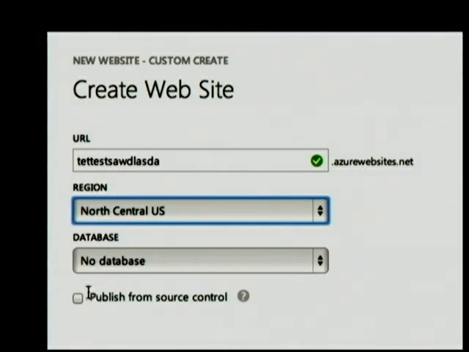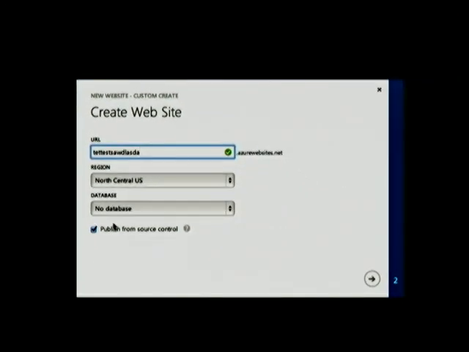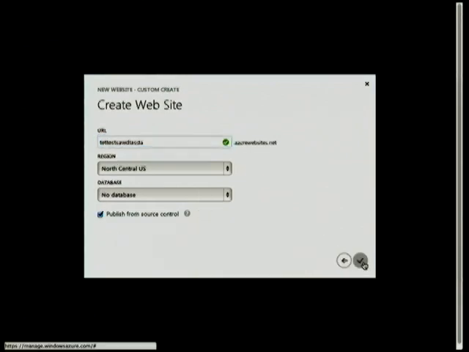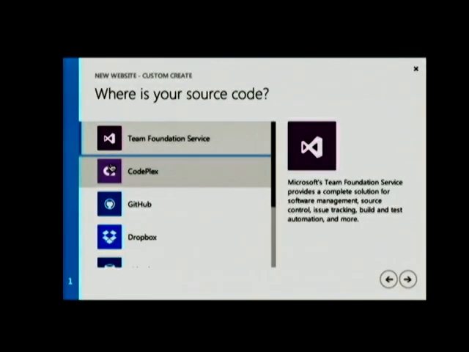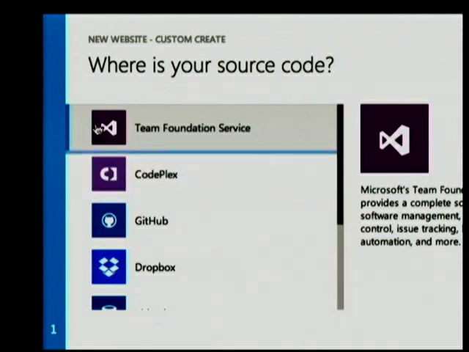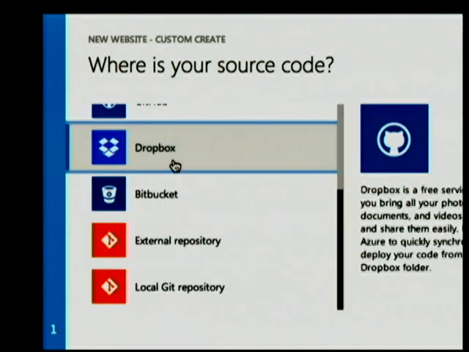There we go. And I can say publish from source control. This is all HTML5. We wouldn't make you use Silverlight or something like that. Not that there's anything wrong with that. So here I can say, well, my stuff is in GitHub or my stuff is in Dropbox. We actually support deployment directly from Dropbox. So, I mean, if you want to talk evil, that's evil. No one should do that at all. But you would not believe how many people love that feature, myself included. The funny thing about the deploy to Dropbox is it actually just checks it into Git anyway. So we pull it from Dropbox and we throw it off into Git internally. So you can do external Git repositories, local Git repositories. It's all very lovely.